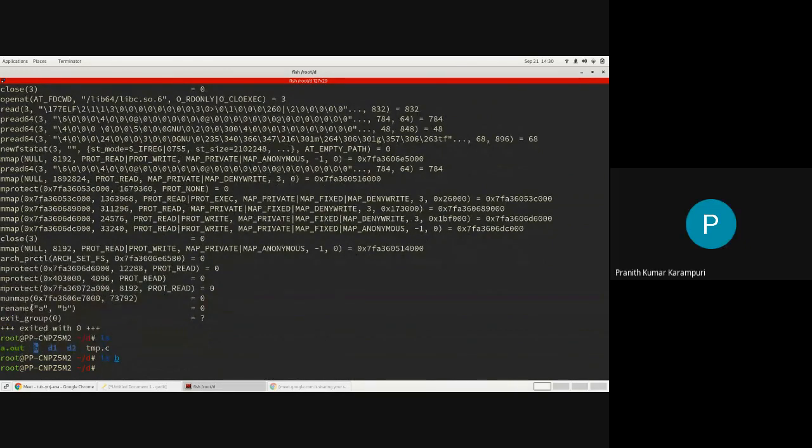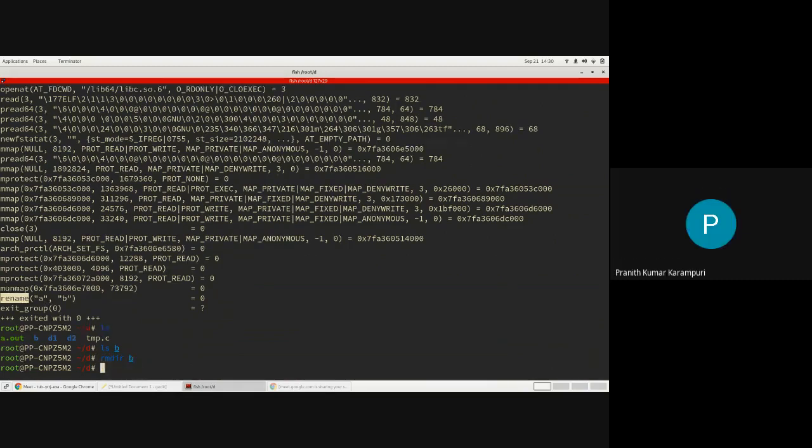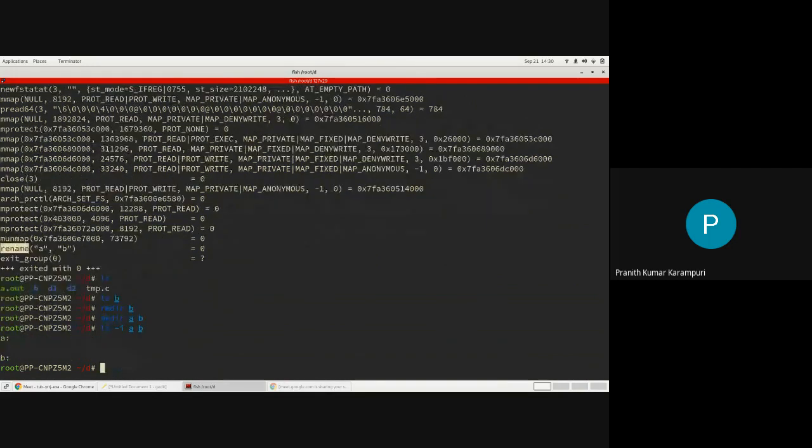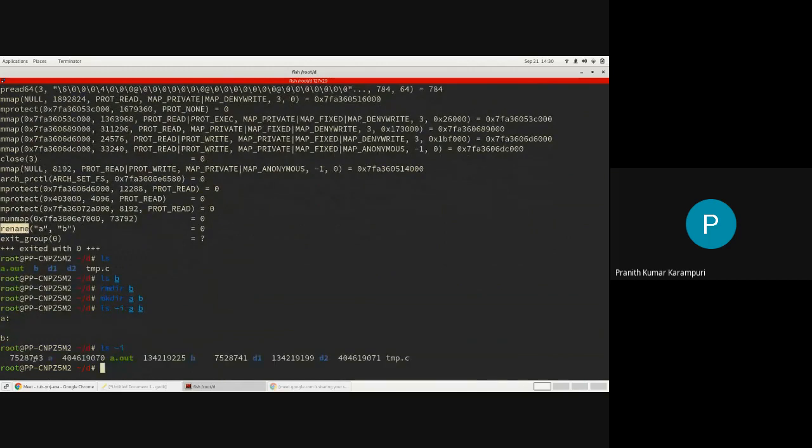So the rename system call treats it just like mv treats a file. Got it. Did that make sense? Okay. That means that A's content will be there, but yeah. Oh yeah, so that would have been better. Wait, ls -i A B. So A is like some 743, B is 225, right? 743 will become B, okay?